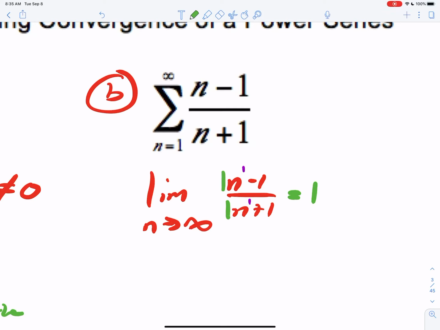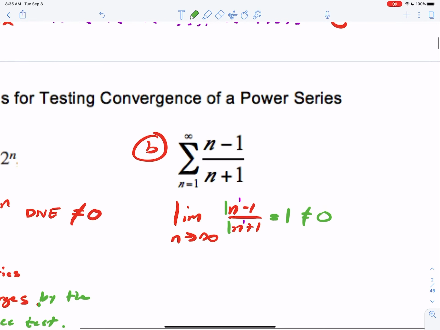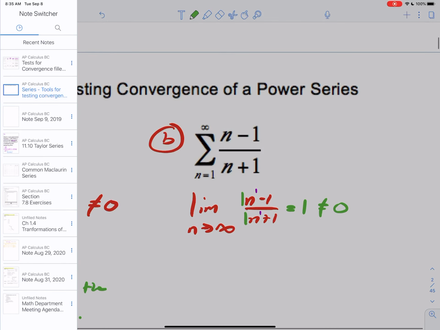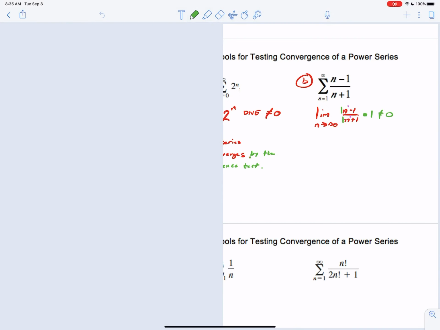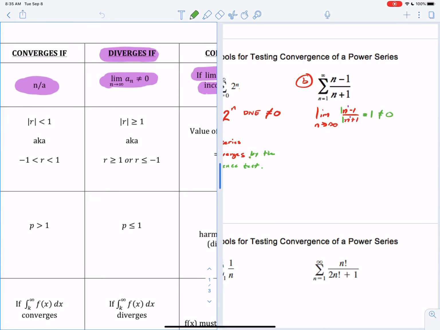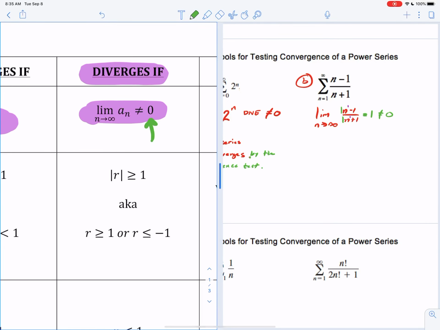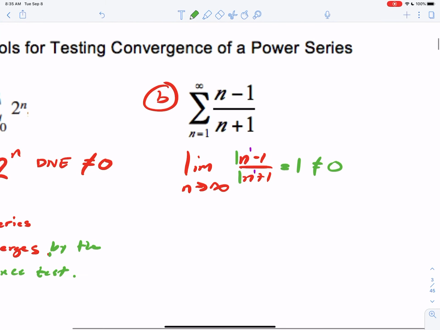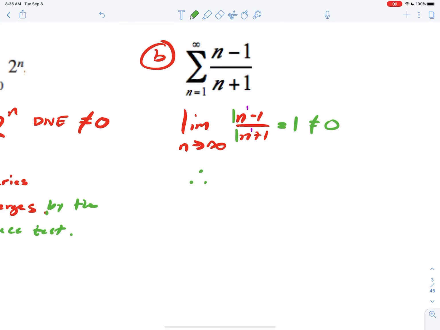But more importantly, we're not just taking the limit, we're running the divergence test, right? So did the limit come out to 0? It did not come out to 0. So what does that mean? So remember, as long as the limit does not come out to 0, it will diverge. This limit did not come out to 0. Therefore, the series diverges